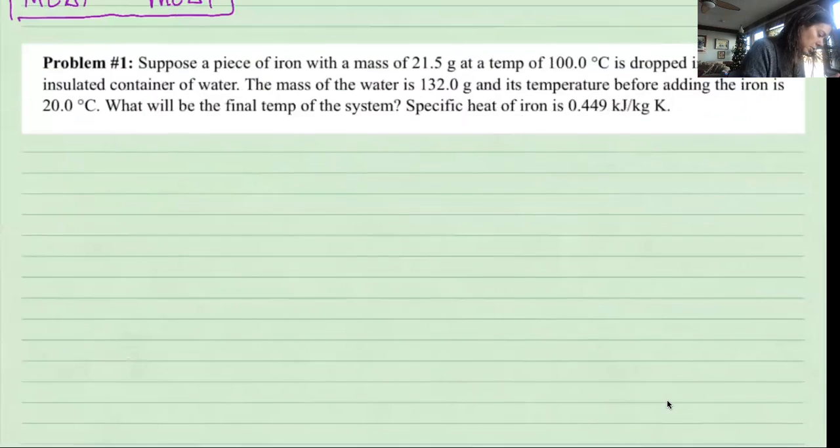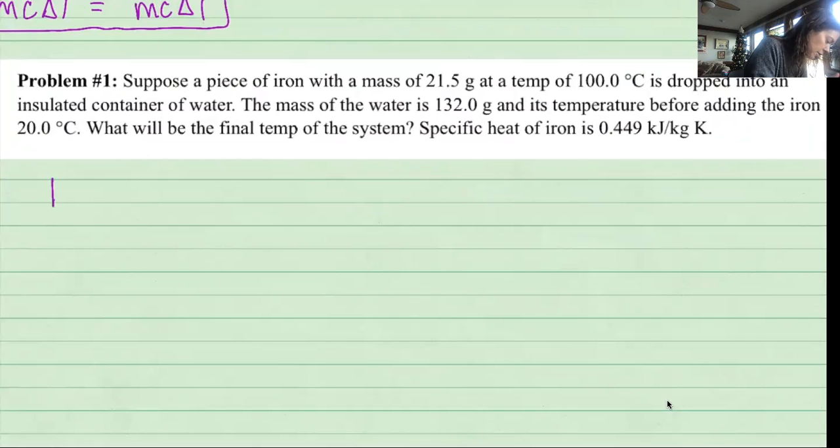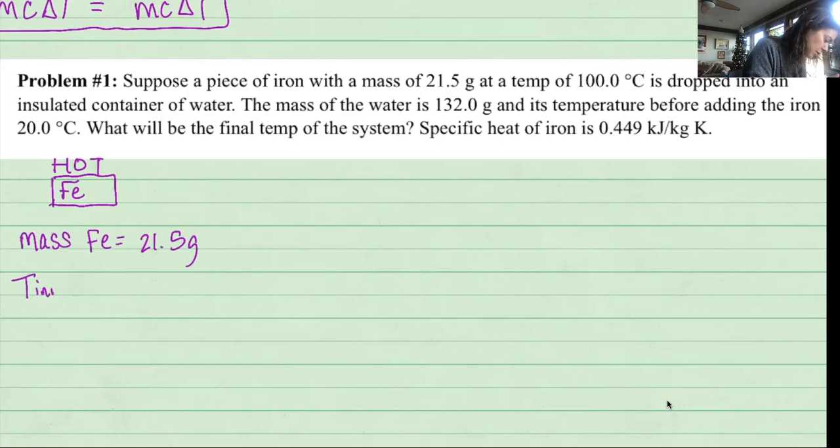So let's look at what's going on. We've got a piece of iron. We'll draw that piece of iron right here, and we're going to find out that it is hot. The mass of the iron is 21.5 grams, and it is at an initial temp of 100.0 degrees Celsius,